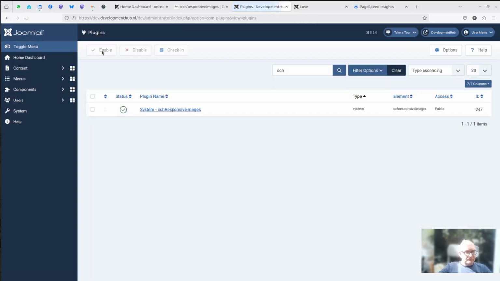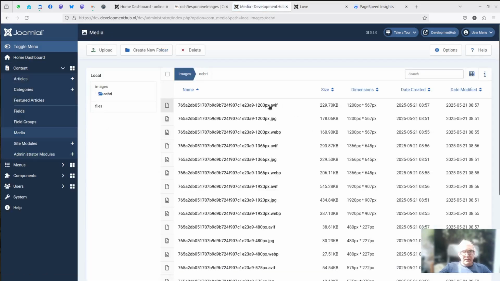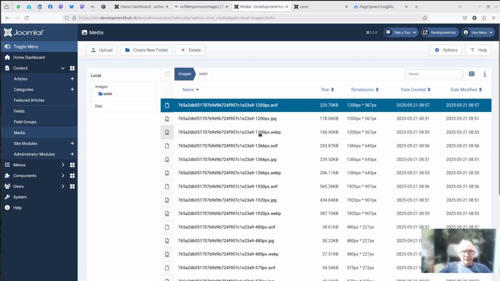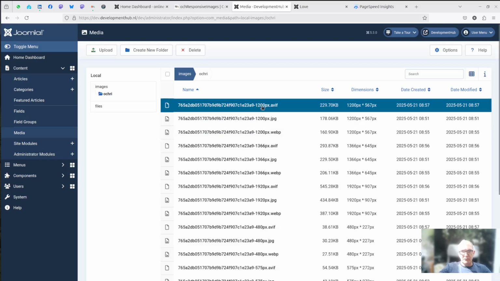Go to plugins, media, and here you have it, the WebP, the JPEG and the AVIF format. And depending on what is in the image, either WebP or AVIF creates smaller or larger image sizes.